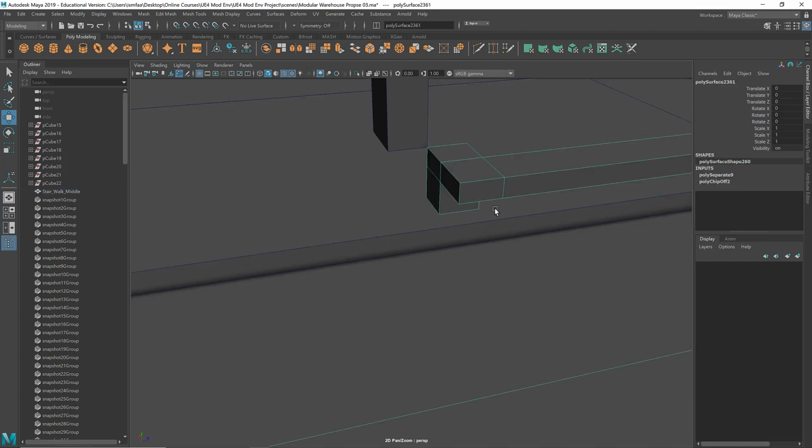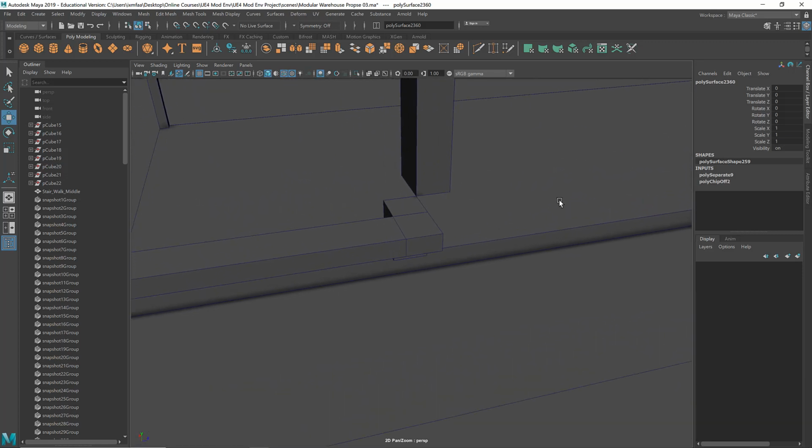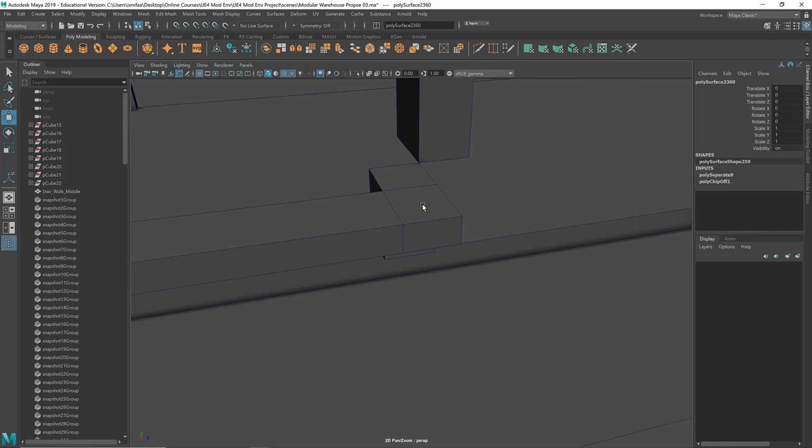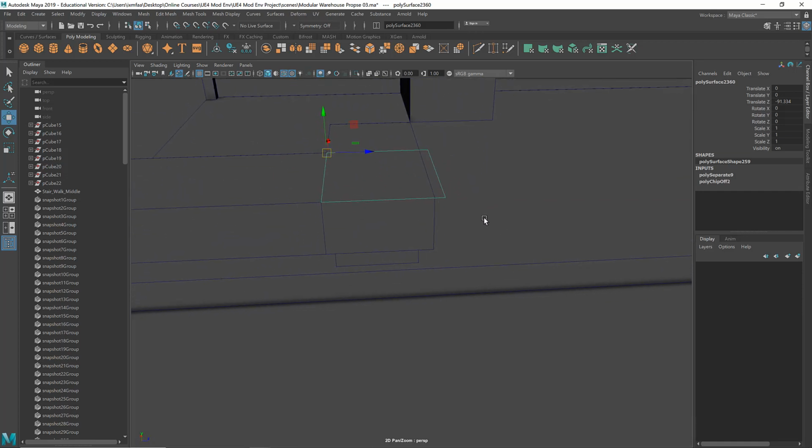But the solution for being able to select this is you can just select both geometry and then hit Control and select the ones that you don't want, and that's going to lead you to this one. And then I think it's ideal to just hit W and then D and then V, click and hold V and then middle mouse button, instead of centering the pivot, because either way we want to have that corner as the pivot point. And then hit W and then V, click and hold V and then middle mouse button, and now we can say okay, so